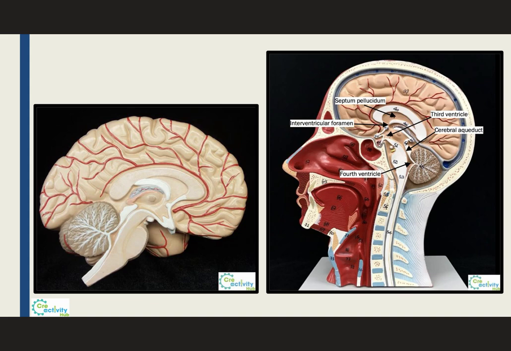And let's identify the ventricles on the actual brain. Both of them are representing a mid-sagittal section. Let's look at this one that has the structures identified. For you to understand this, you should always remember that the ventricles are spaces. So this means that this structure right over here in the middle is the septum pellucidum. And the septum pellucidum is a structure that's separating, remember, the right and left lateral ventricles. Therefore, if I were to peel off the septum pellucidum, I would see on the other side a space representing